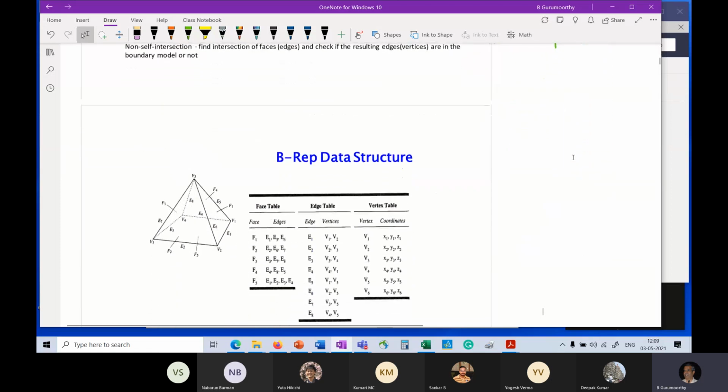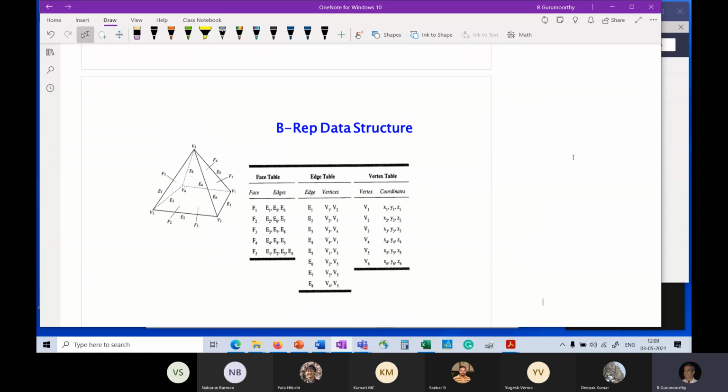Just two pictures I wanted to flash. I think one we had seen in the last class itself, a typical boundary representation structure for a simple part like a square pyramid, right? But the point we made in the last class was that even to define or create the boundary representation, mind you, this is the representation of our solid, right? So this represents our solid. Solid lists a bunch of faces, and that connects to a list of edges, and that connects to a list of vertices, and that finally connects to a list of the coordinates. And that's the sequence you see here, right?